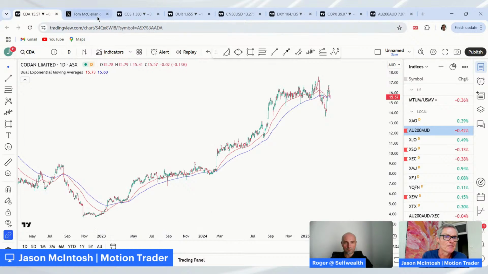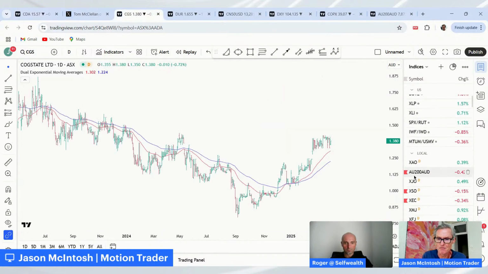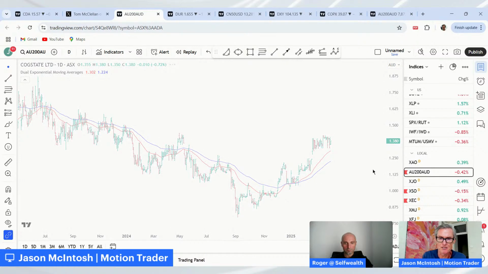So let me just make the point by ducking back to the ASX 200, and it will come up in a moment. Yeah, so I don't know. We've got this issue, I don't know whether it's the internet or the website or the browser or what, but yeah.